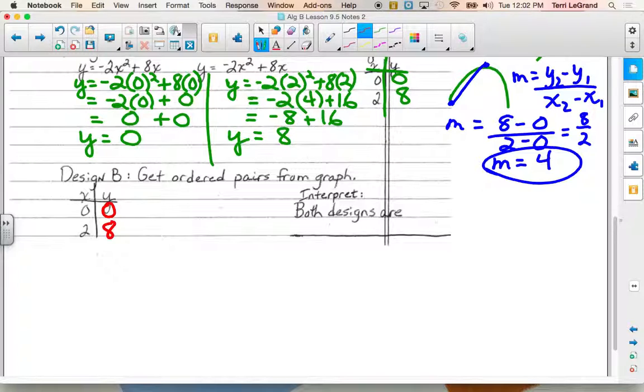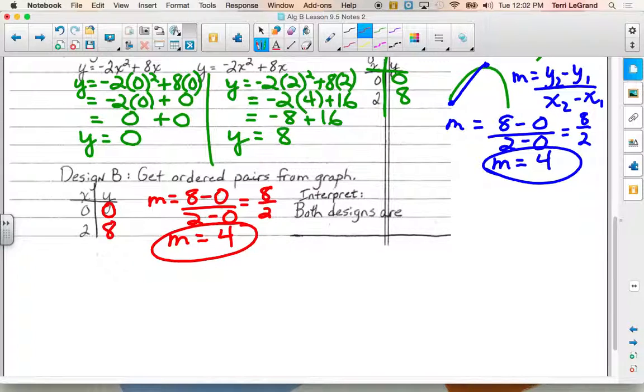So now, what do we have to do? Same thing we did over here. M equals 8 subtract 0 over 2 subtract 0, the subtract y's over the subtract x's, and that equals 8 over 2, so m equals 4. So what's happening here? Over the interval from 0 to 2, what's happening? It's rising at the same rate. So both designs are rising at the same rate